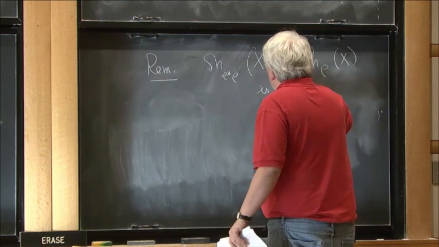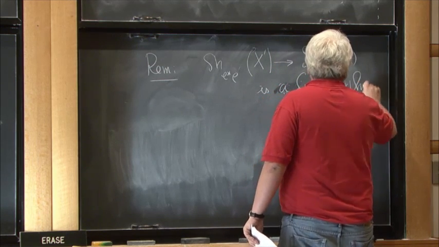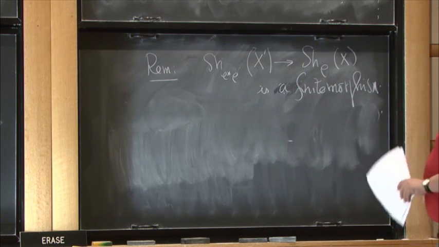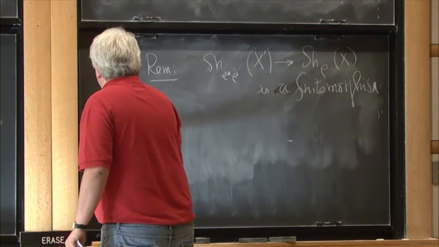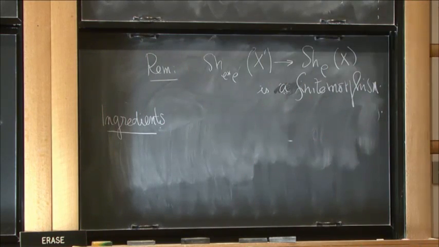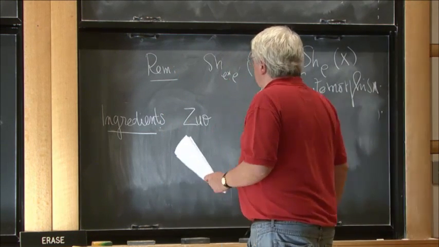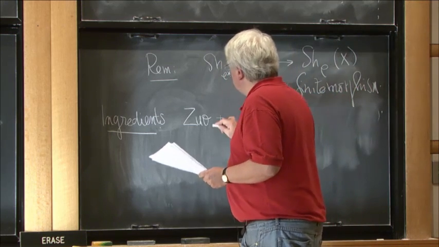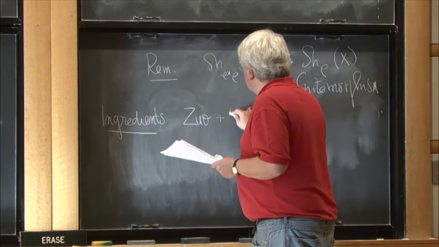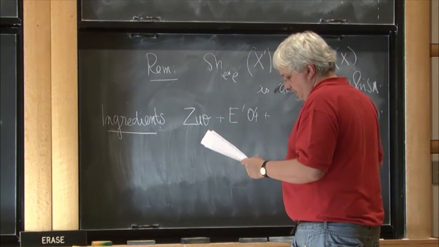So a morphism is a finite morphism. I won't explain the proof, but the ingredients come from Zuo, of course, plus this paper of mine that Mohan had cited, 2004, plus two interesting